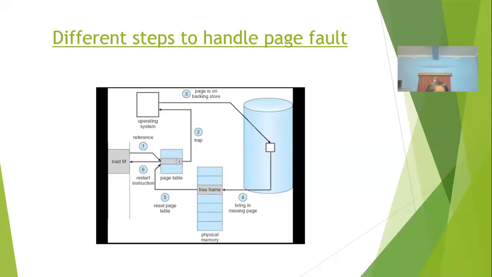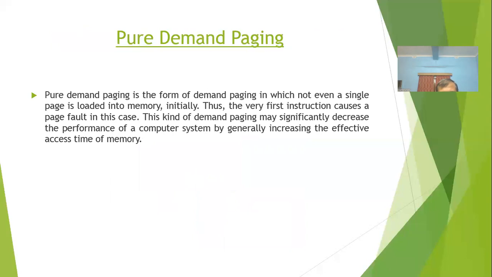And when the read request is complete, the disk will generate an interrupt to the operating system, and now the operating system will interrupt the other running process. It will save its context, and then it will resume the first process, because the first process requested a particular page, and that page is now in the main memory, so it will proceed as usual without any further interruption here. So this is the way a particular page fault is handled by the operating system.